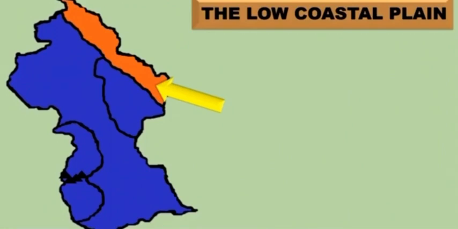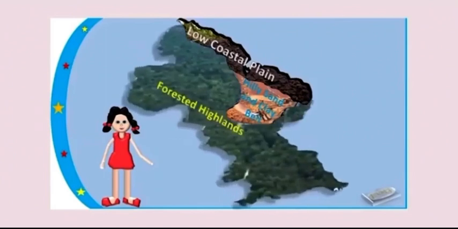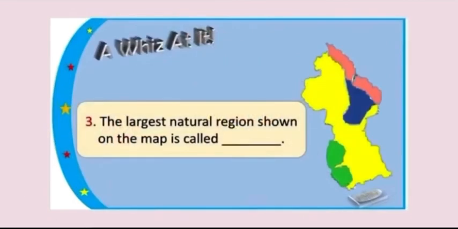It is called the coastal plain because it is located near the Atlantic Ocean. This is the most populated natural region. Hilly sand and clay belt. Forested highlands. Rupununi savannas. The largest natural region shown on the map is called